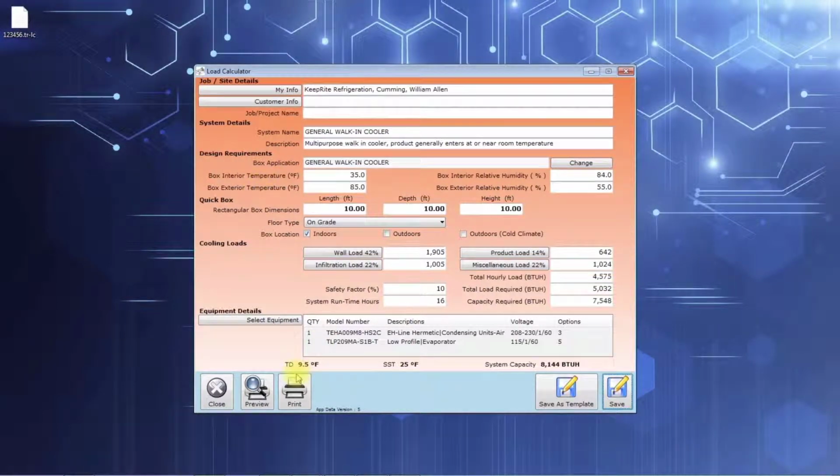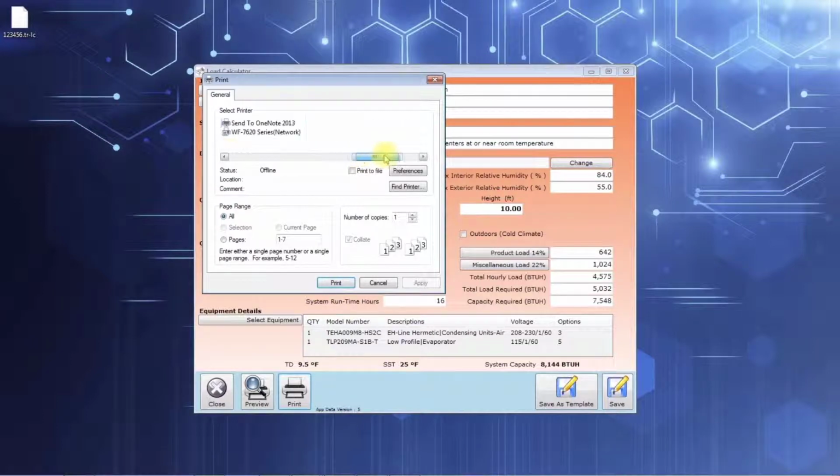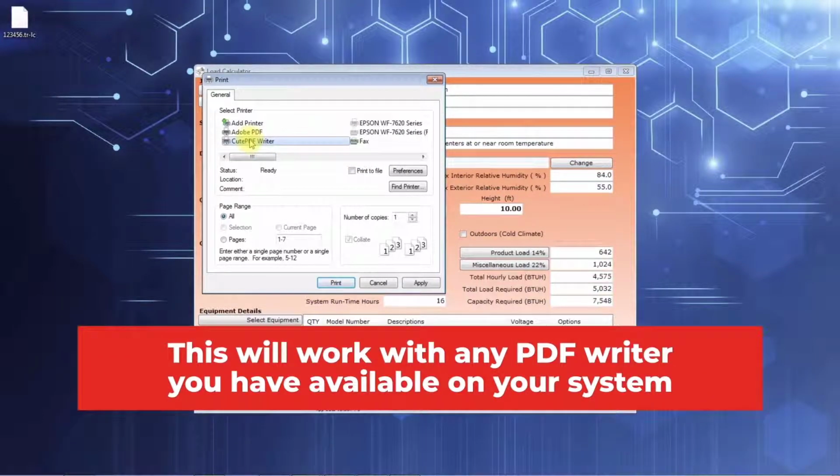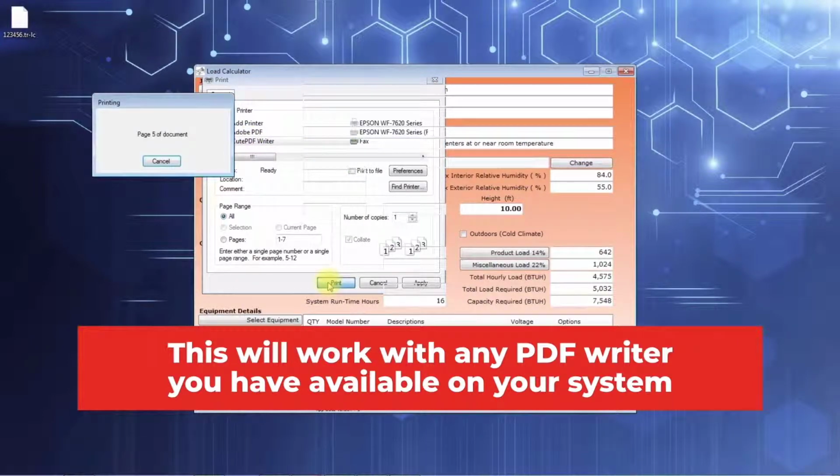If you'd like to print this to a PDF, simply hit Print, and your printer drivers show up here, and we'll go to the Qt PDF writer, which you can download online, and it's just a simple driver that allows you to print the PDF. Hit Print,